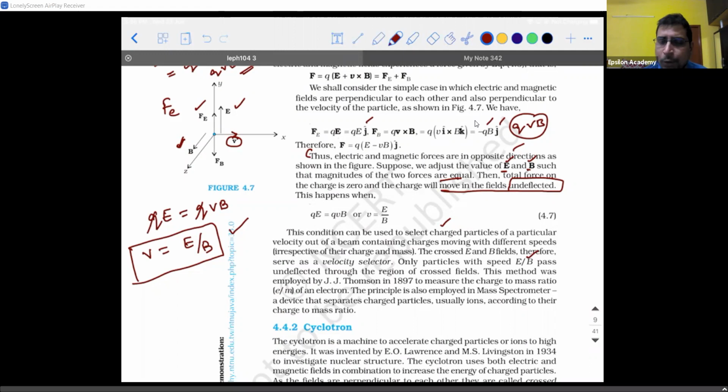I hope you would have learnt about the charge by mass ratio in your chemistry. So in 1897, Thomson did a cathode ray tube experiment, CRT, in which he tried to calculate the charge by mass ratio of an electron. So at that point, they will be using it. Mostly the applications part will not be asked. They will ask you how to calculate the velocity selector. But it's better you understand these small things also. Am I clear till this point, guys?